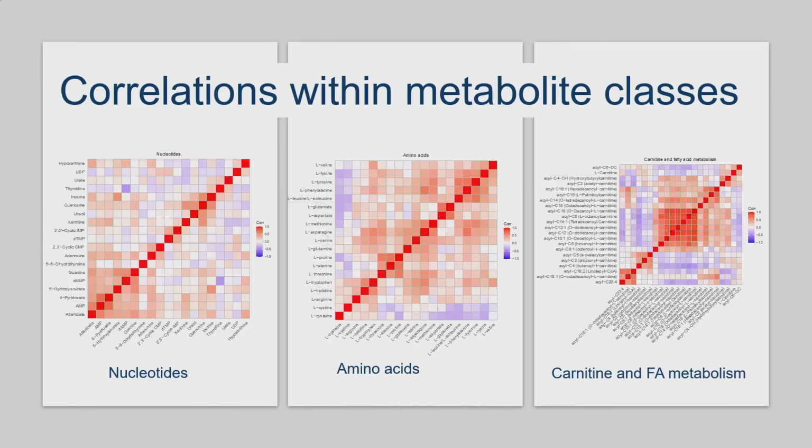The next thing that we looked at is seeing that there were changes that seemed to happen within classes. Were those changes correlated with each other? And so if you look to the far left, in some situations, they really weren't. So nucleotides, not so much correlation. Amino acids, maybe a little bit more correlation within certain groups. But when you came to the carnitine fatty acids, there seemed to be a hotspot of a group of them that really are correlated with each other and seem to move in the same fashion, bringing up the question, is this something related to improved absorption, improved uptake?